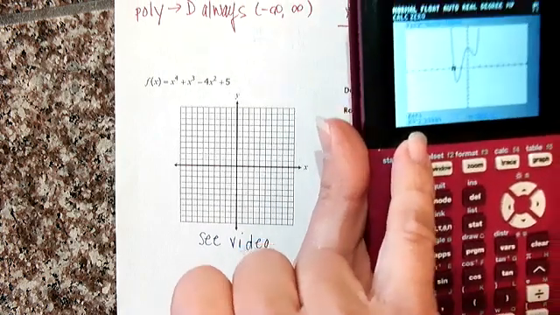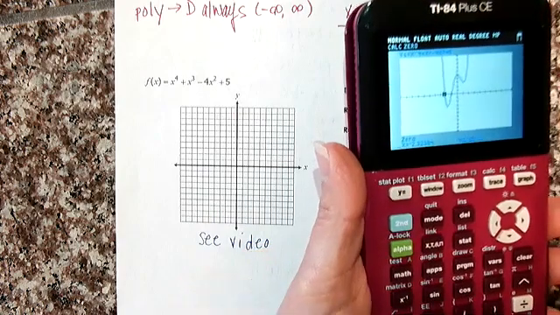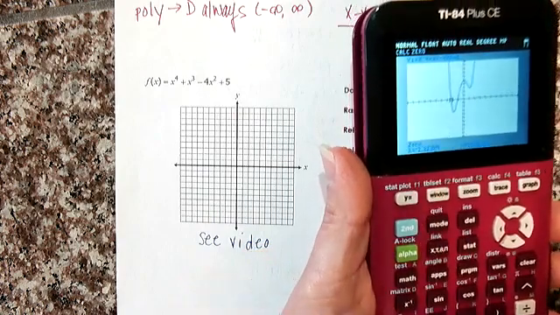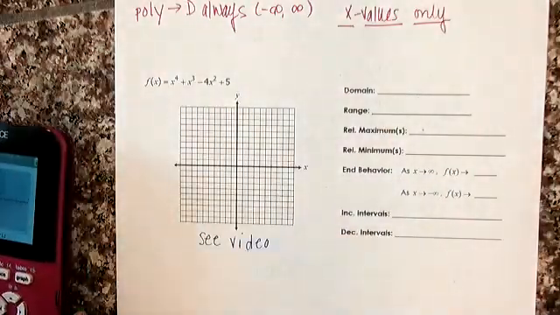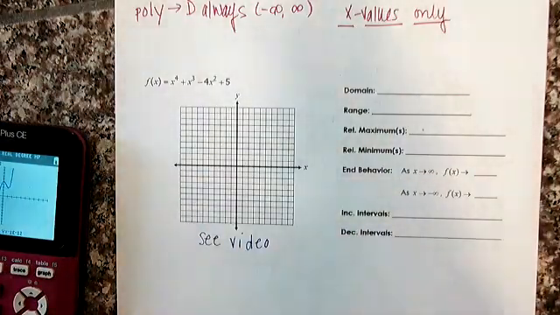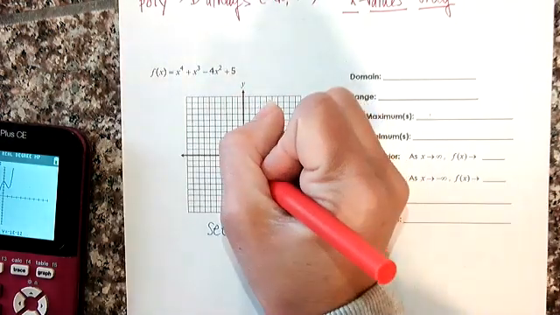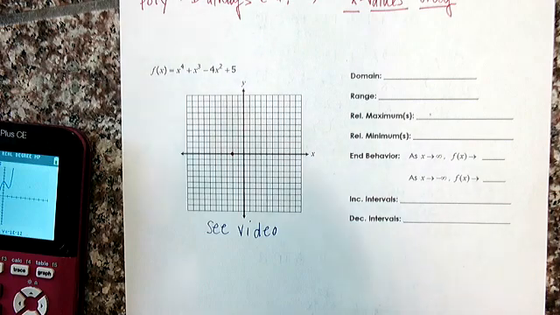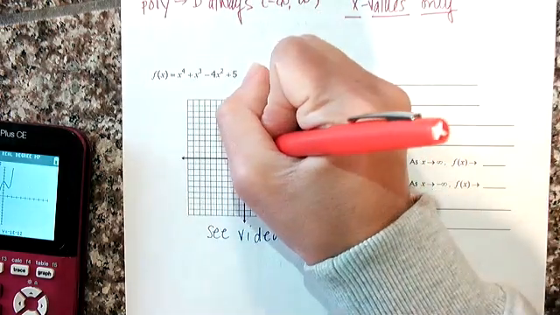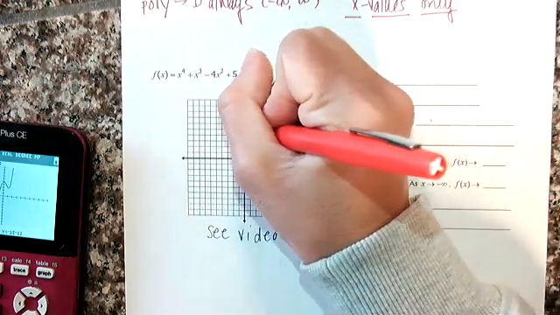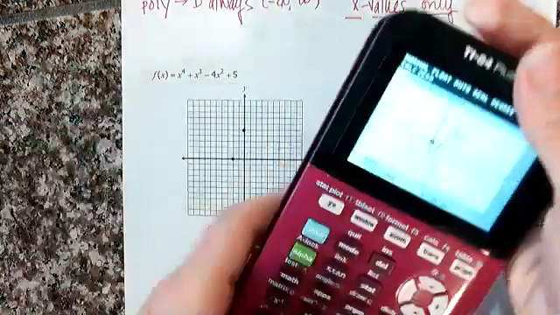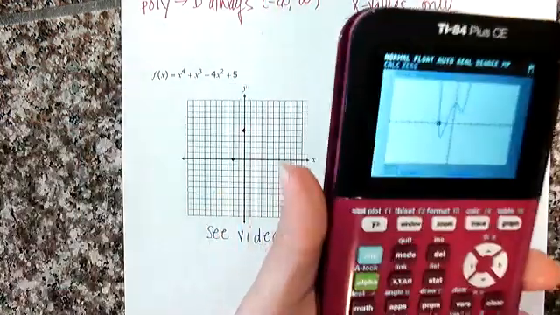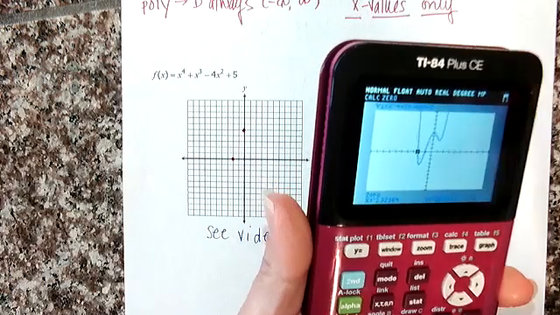You might be a little bit off compared to me, and that's okay. So I have a 0 at about negative 2, give or take. So negative 2 or so. I already know the y-intercept of this graph is at 5. 1, 2, 3, 4, 5. Okay, there's another